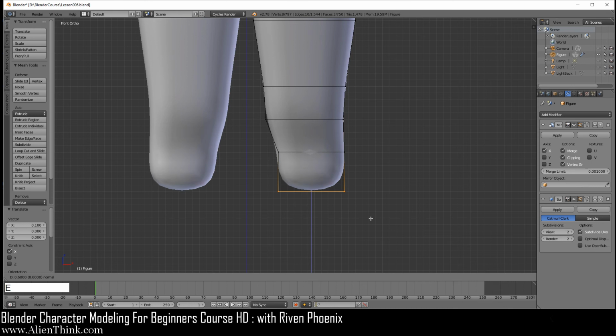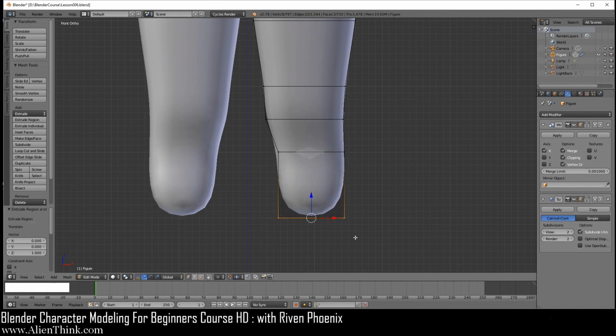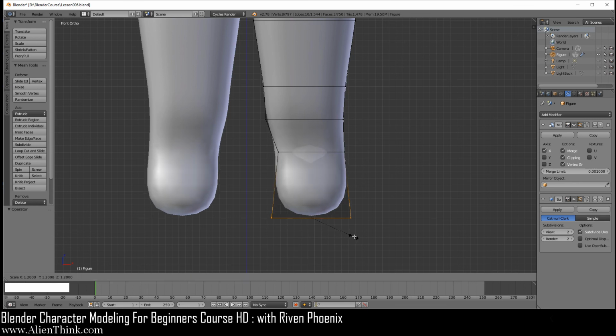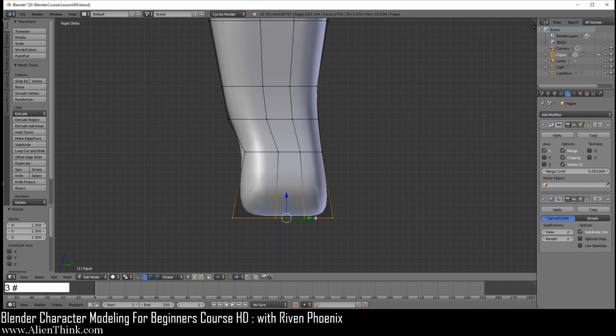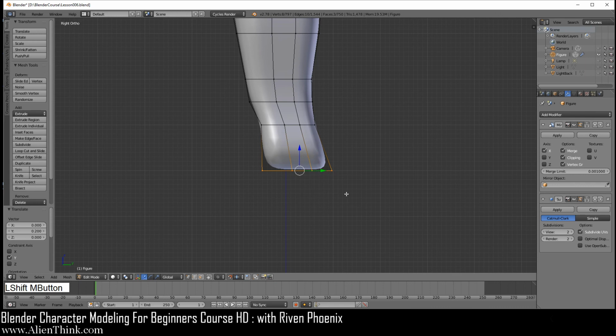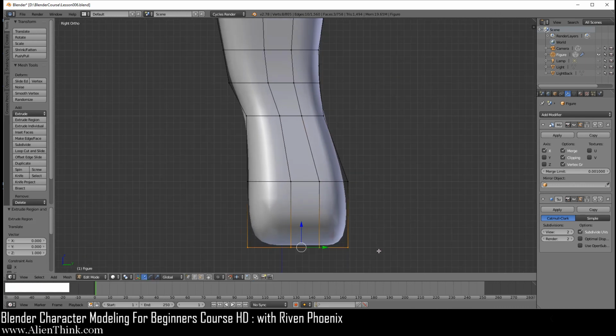We're going to do E to extrude and come like this and scale 1, 2, 3. I'm going to do Control Z that. I'm going to do scale 1, 2, and then 3 over here. Go to the right view. You're going to go back 1, 2 over here 2 times. Now I'm going to do E to extrude and come down. I'm going to come in, scale 1, 2, 3. I'm going to move it to the right over here. You can see now we're getting into the calf muscles over here.